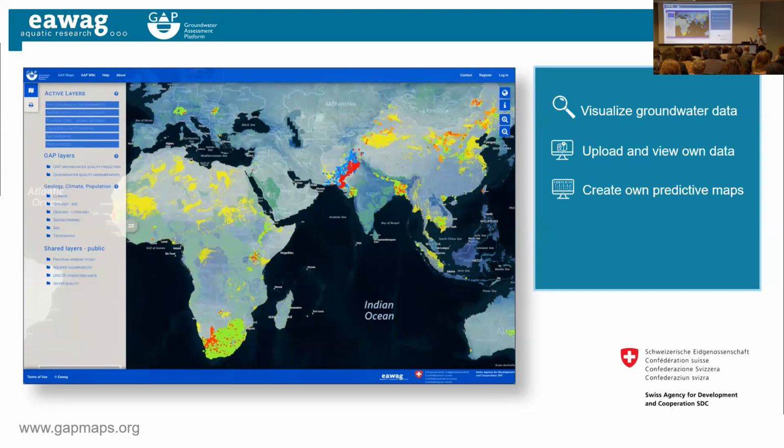I mean, it's up to you to decide if the model is good or not. So it's not just one click and it's done. But once you've created a model, you can download that as a GeoTIFF and use it elsewhere. So it's a really nice tool for creating this sort of map without having to do all the programming behind it. And finally, you can also share your data publicly. That's also been quite useful for many organizations.